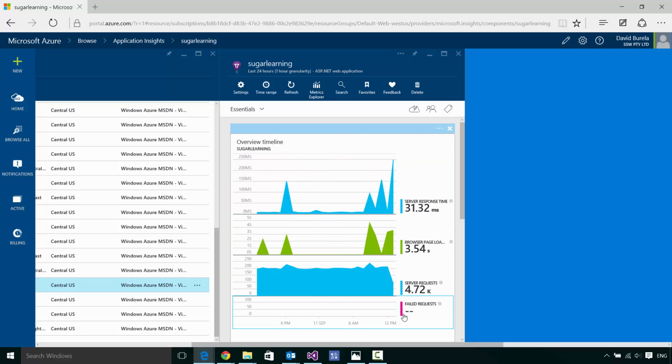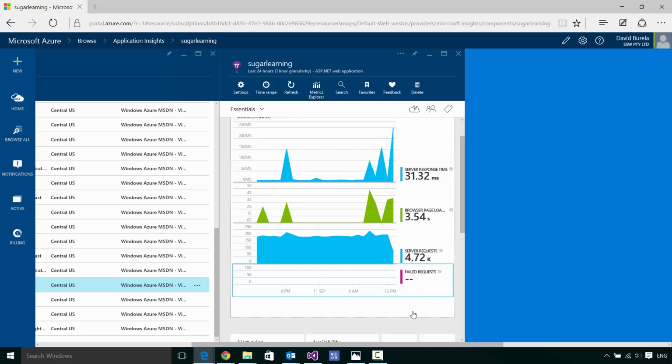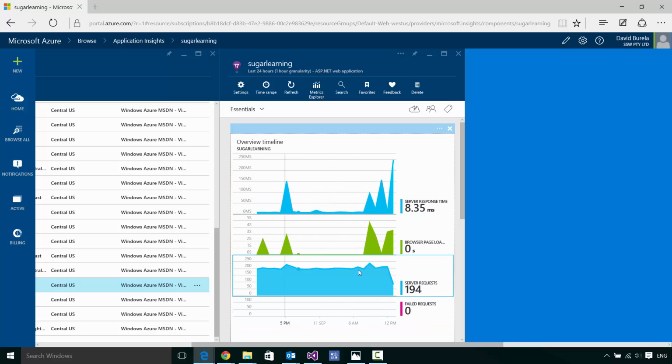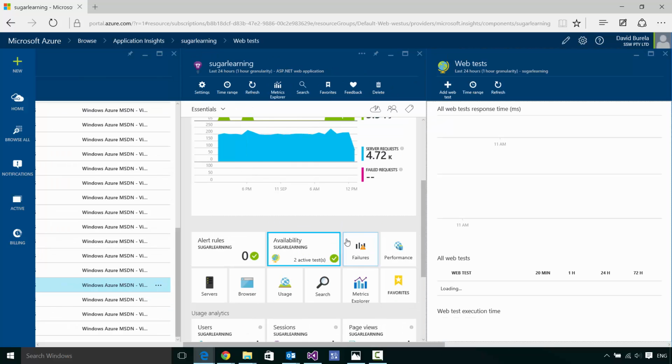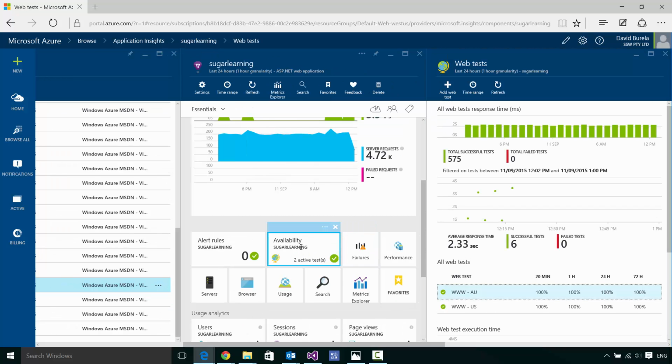And we can see how many failed requests we've got. We can see we've got 0 for the last 24 hours, so that's great, but we'll come back to this in a moment. As I said, I do a few things. The first thing, I just check the general graphs, make sure that they're all looking about normal and flat. I'll then go down and check the availability to make sure that there haven't been any availability downtimes that I wasn't aware of. But we can see in the last 24 hours, things have been nice and smooth